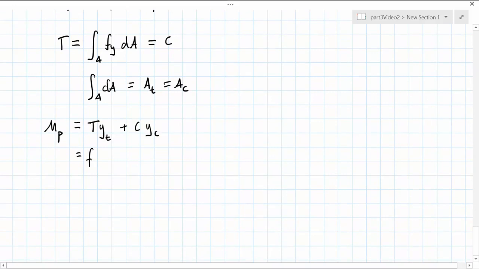This is then given by the evaluation of the integrals T and C, giving us A_t y_t plus A_c y_c, all times the yield stress, and this can be called Z subscript s times Fy, where Z subscript s is given as the plastic